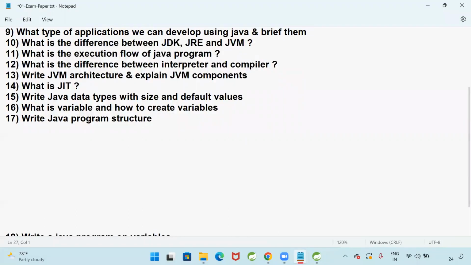Write Java program structure. What are the things we can write inside a program, and in which order do we have to write them?